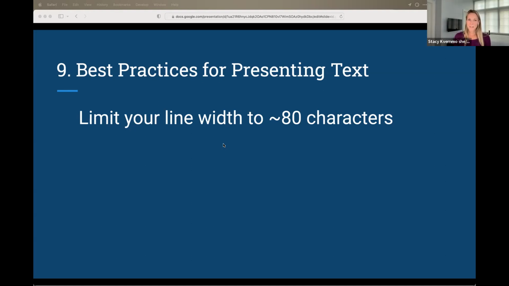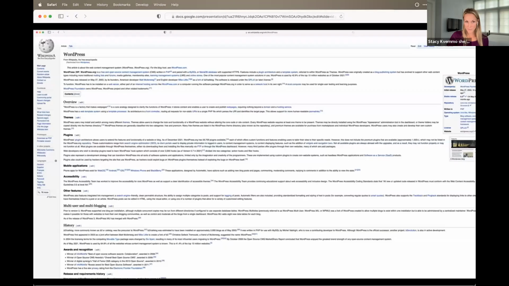All right, tip number 9. When we're looking at a page of content, it's going to be easier to read text that has a limited line width than text that goes on for potentially ever. So if you have a big monitor and you are looking at Wikipedia,